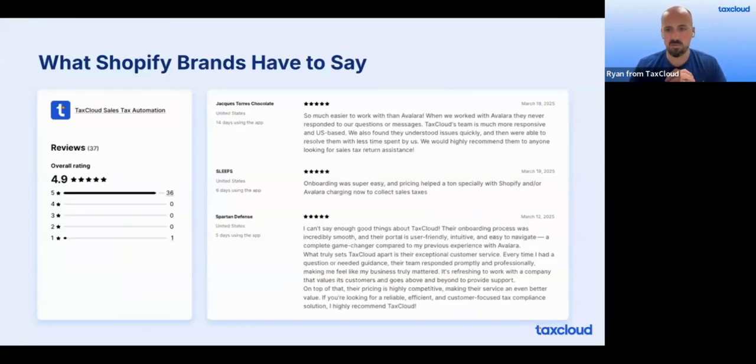And the general theme that you're going to see through all of this are customers who were kind of living in the old way of doing their filings and their calculation with a legacy provider, and then went through this transition of trusting Shopify to handle their tax calculation, and then investing into a provider who could help support them. And the experience is generally really strong support through that migration, huge cost savings on the other side of it, and a lot more trust in working with Shopify, who they already know and trust, and a provider like TaxCloud,